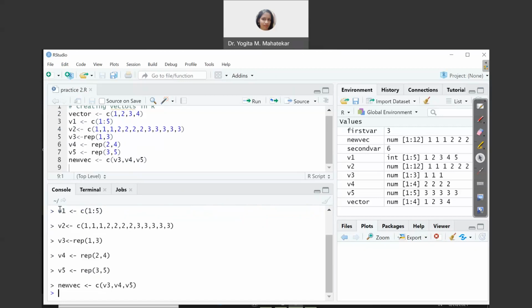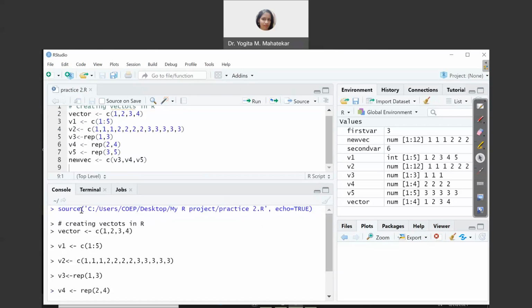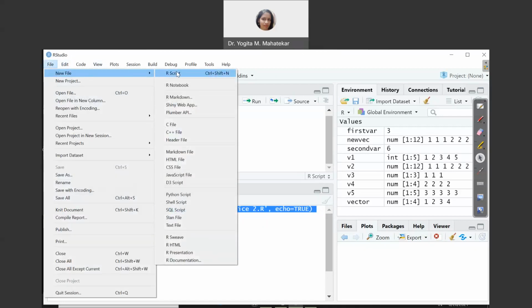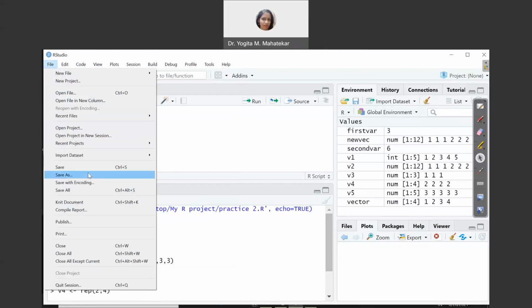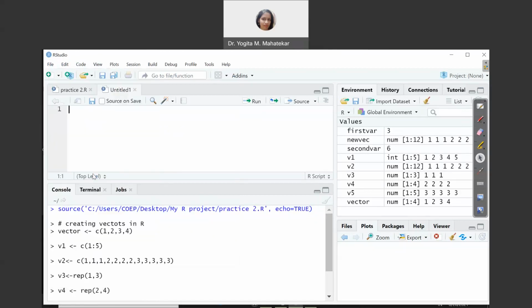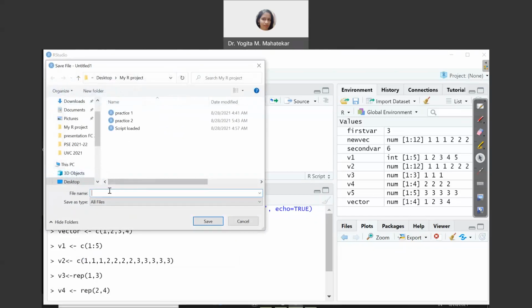So select it from this word source. Let us do it again. Yeah. So let us press Control C. The address is copied. And what you do is create another script file inside your folder, the R project that you have created on your desktop. Let me call this the practice3 script file. And then you just save it.